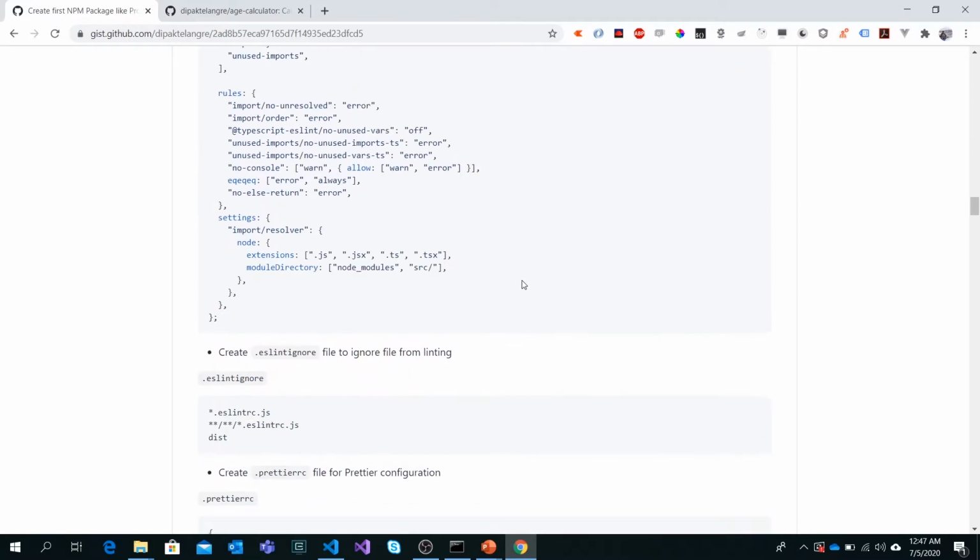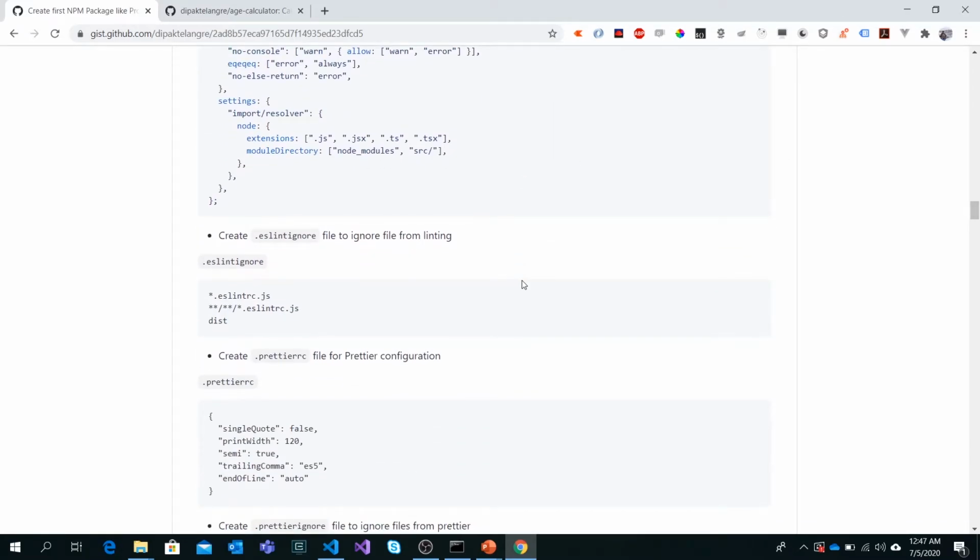Until it gets installed, we are going to create another file. I want to ignore some of the files from the linting process. As we do for ignoring files in Git, we can also ignore some files for linting by creating one file, that is .eslintignore.